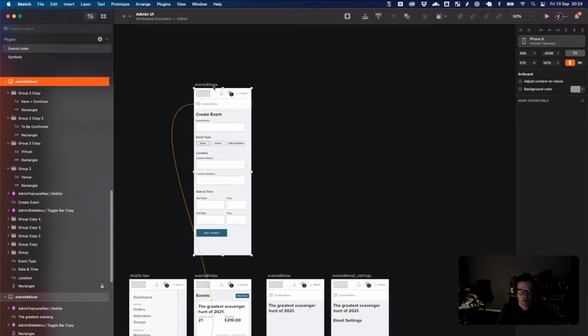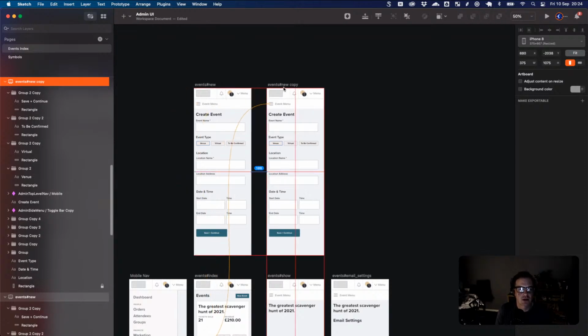This could be events new, not event show. So this is taking that approach of least friction rather than the active one with more friction. But again, you could just iterate over that over time and gradually introduce more, which is fair enough. And then,